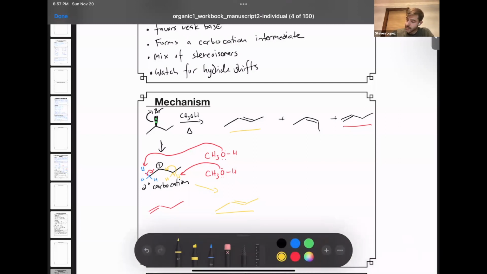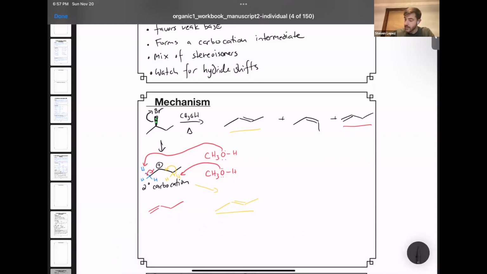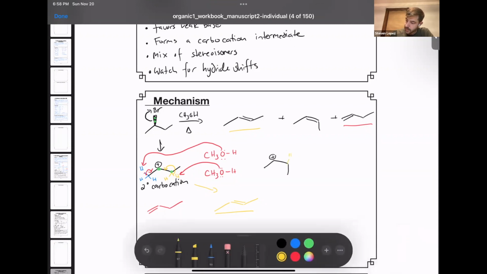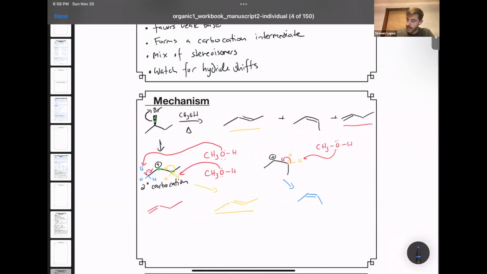So the way that this cis 2-butene forms is through realizing that this molecule has different conformers, and we can deprotonate the same hydrogens, but in a different conformation. Remember that you can rotate around sigma bonds, but not pi bonds. So when the molecule is in this conformation, we'll still deprotonate one of these hydrogens and arrive at the cis 2-butene, which I'll show in blue. Okay, the mechanism is virtually the same. A key piece of this is that when you have these carbocation intermediates, you can rotate around them and lead to a mixture of stereoisomers.